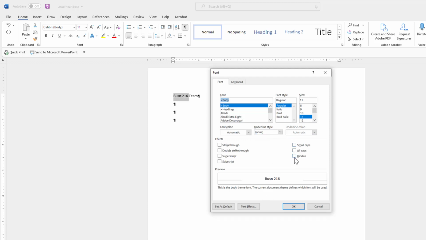We also have the hidden box right here. So if I check that box here for hidden, whatever is right here on my preview, or whatever I have selected here on my document, that will not print when I print it out. But if I uncheck that, it means whatever is selected here will print. So because we want all our document to print, I'll make sure that is unchecked,